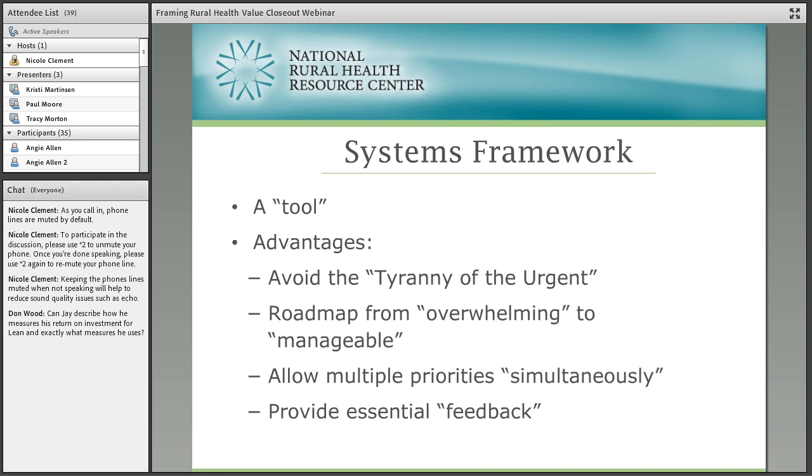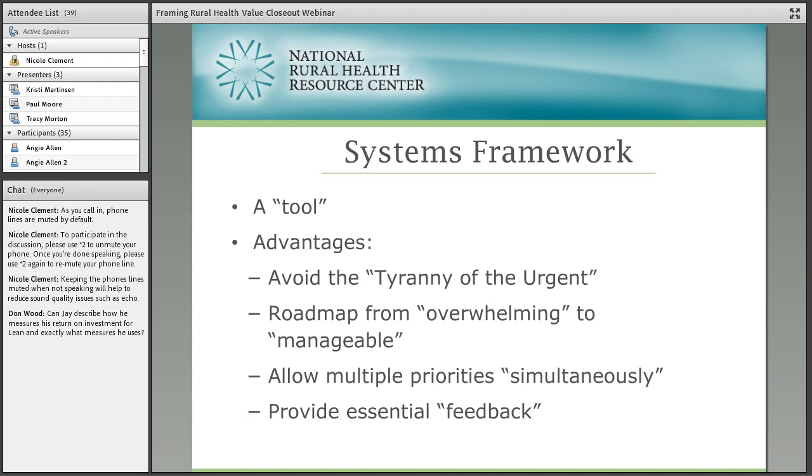You can be so overwhelmed with what's going on and the tyranny of the urgent that a good system framework can help you get beyond that. Any number of things can happen that just sidelines or upsets the rest of your day. But a framework to come back and pick up where you left off after you put out the brush fire or you squelch the crisis, and you can come back to where you are. That's what a good framework can do. It helps you avoid the tyranny of the urgent.